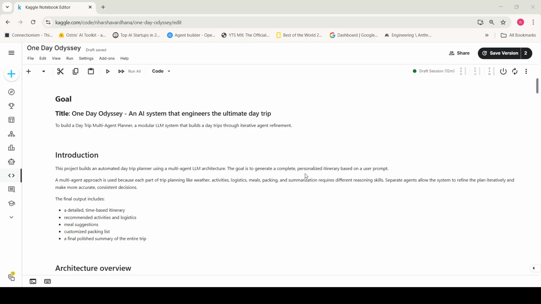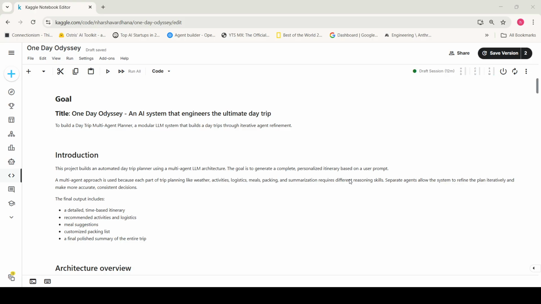Everyone can relate to how surprisingly complex it can be when planning a one-day trip. One has to juggle weather, travel distances, activity safety, opening hours, local events, meal breaks, and personal preferences. Most trip planners focus on multi-day vacations, but here I try to tackle building a one-day trip automatically in minutes with no manual research.